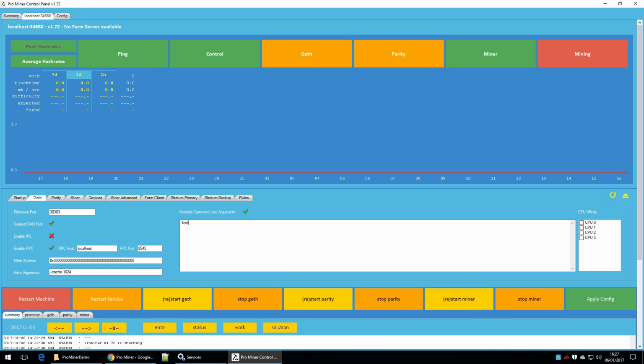If you just need to add an extra argument or 2, you can leave the command line as automatic and enter them here. By default, ProMiner sets the cache size to 1 GB. The most important setting is the Ether address. This is your Ethereum wallet address, which will receive your mining rewards when you solve a block. The other settings are whether to start the Ethereum version of Geth or the Ethereum Classic fork of Geth,